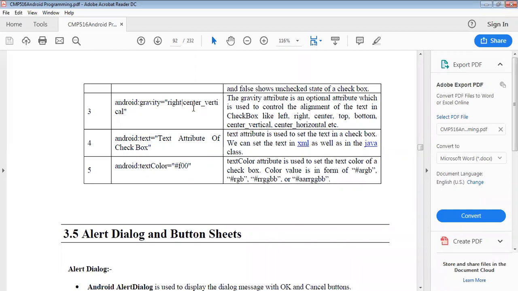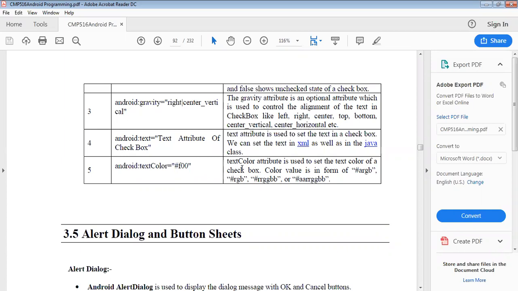All those things we can set in our XML or in our Java classes. Here we can also set the color of the text, for example hash F00, which means red, or violet, black, blue.